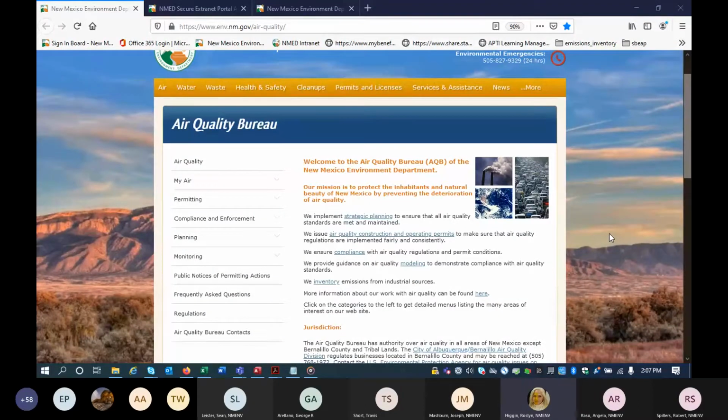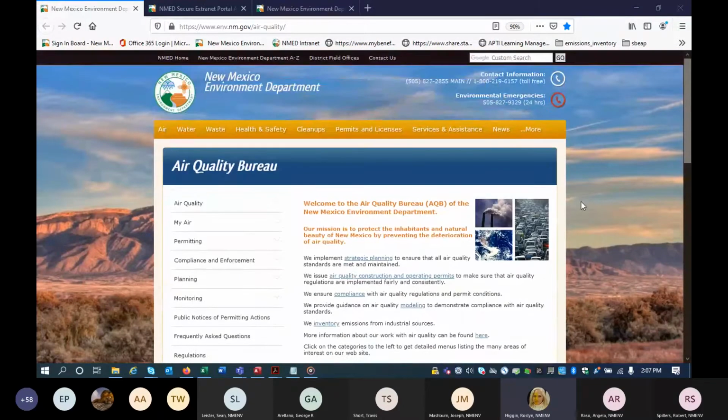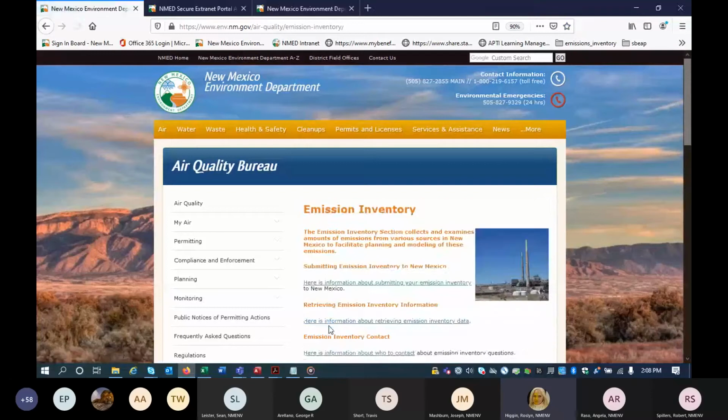Okay, so the first thing we're going to do is navigate to the correct web page, and Sean is working with me and he'll be driving. And I want you to pay attention to this very carefully because I want you to tab this page. So if you land on the Air Quality Bureau homepage, you can just Google that in and it will take you straight to this page. We'll show you the fast and easy, dirty way to get there. Click on inventory as Sean is demonstrating. We inventory emissions, click on inventory, it's a hyperlink.